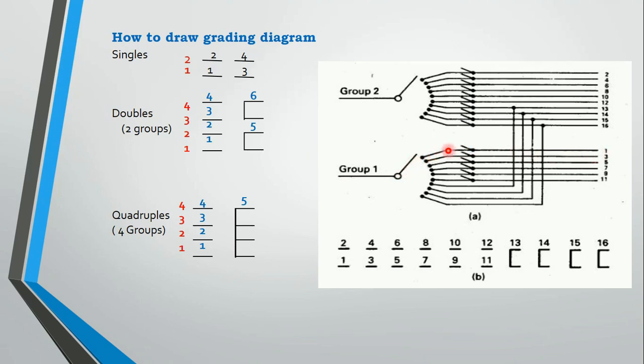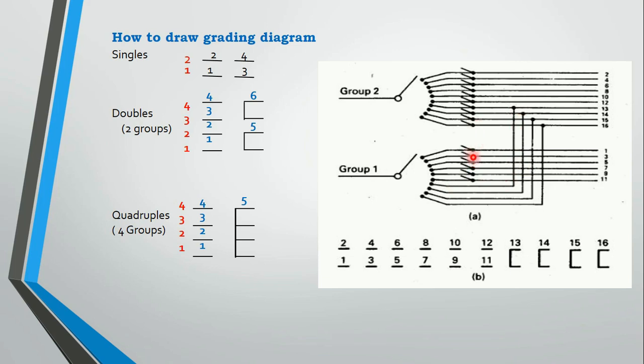That means this one. If this is busy, later on the traffic will be shifted to the first switch of group 2. That means the first will always have more traffic, and the first switch in this group will carry more than one traffic. Then the traffic will be shifted to 3, then to 4, alternately. For that purpose, group 1 numbering started with 1, then 2, 3, 4, 5, 6, 7 and 8. Then if you club them, your traffic will be shared.